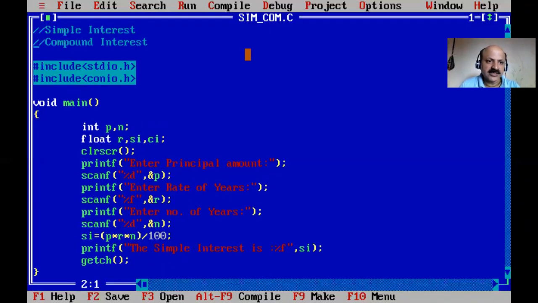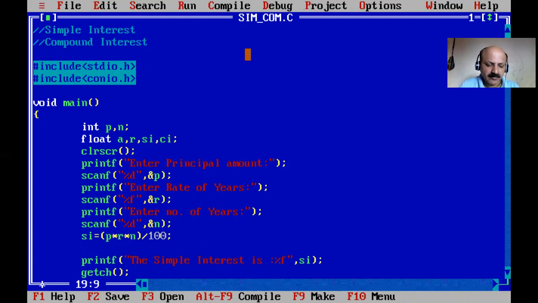Second, our goal in this session is simple interest and compound interest. Here CI is already taken, and we take one extra parameter, the amount. We can also take A as a float variable. Now there are two values given the same way. We can take the formula, and the formula is